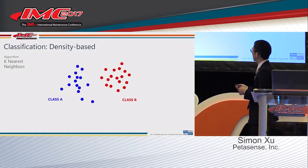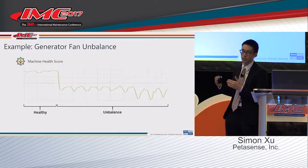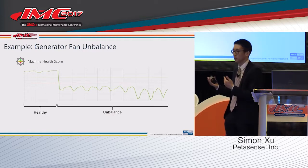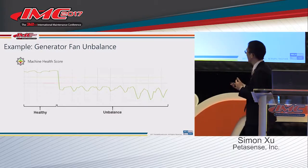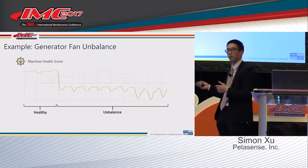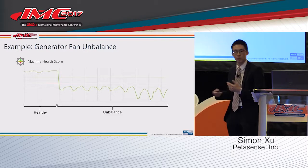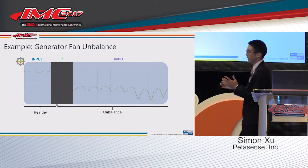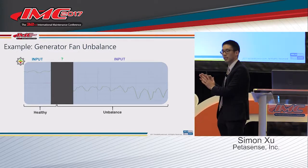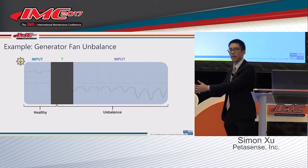So I'm going to skip over just a couple more things for the sake of time and just give an example of how you would actually train a machine learning algorithm to recognize something like imbalance. Here we have data coming from a machine where there's actually imbalance, and we did confirm that there was imbalance on this machine. And the way to train, what a data scientist would do is take a portion of that data as input. It needs to contain both healthy and unhealthy data, data with imbalance. And that would be submitted to the classification algorithm,